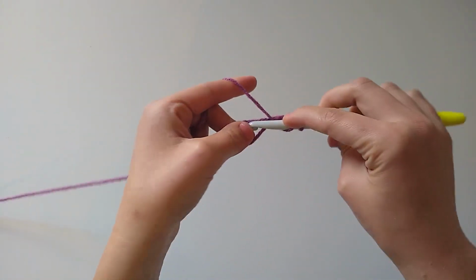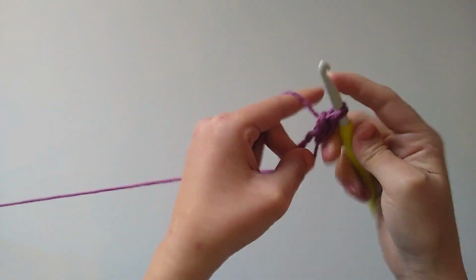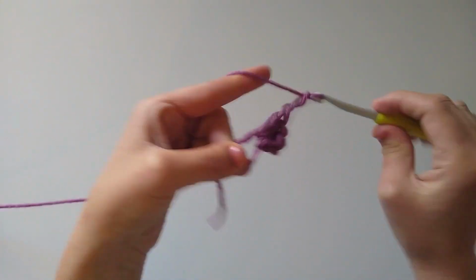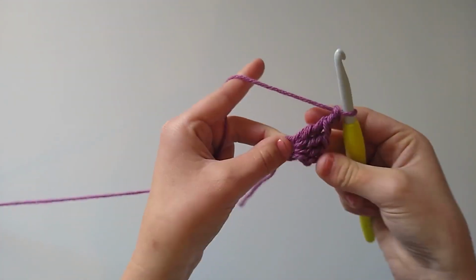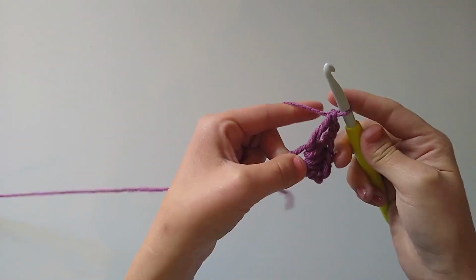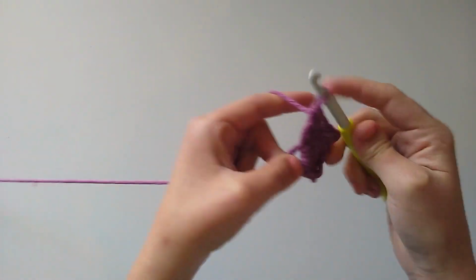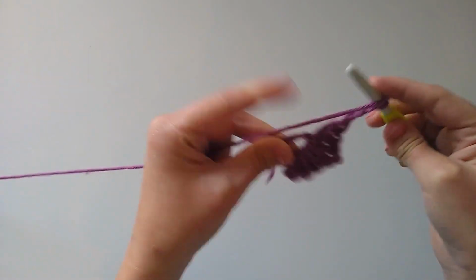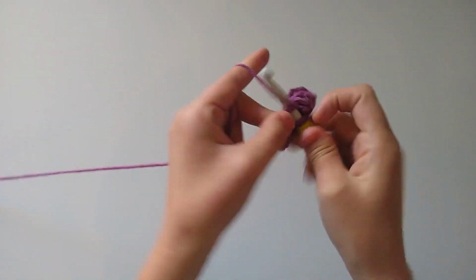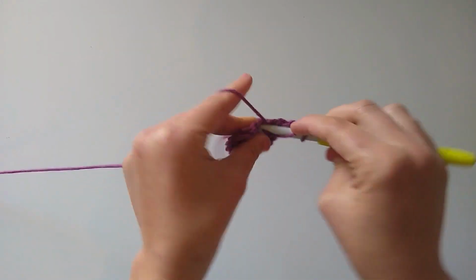For round 1, we are going to work 3 double crochets into the ring. There's 1, 2, and 3. Then we're going to chain 2, and we're going to do that a total of 4 times. So I've done it once. I'm going to do it 3 more times. So 3 double crochets, 1, 2, and 3. Chain 2, and then 3 more double crochets, 1, 2, 3, chain 2, and then 1 more time, 3 double